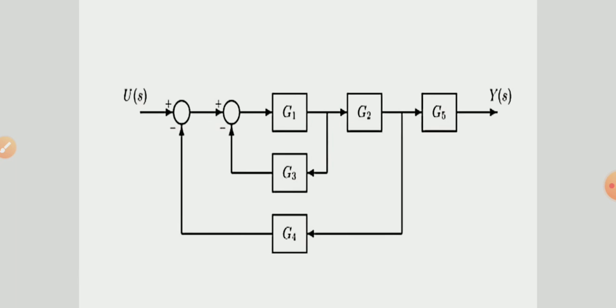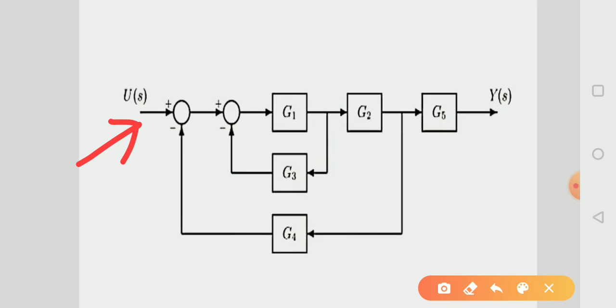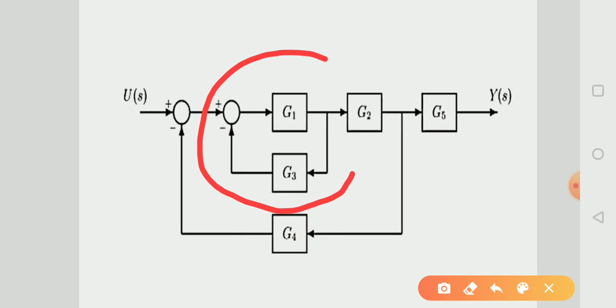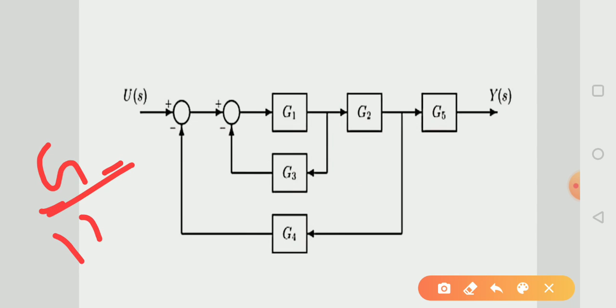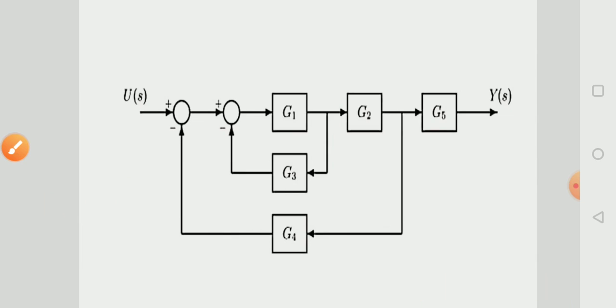Now solve the second circuit. Here you can see that Us is the input for the circuit and Ys is the output for the circuit. Now we can see that here is a loop whose gain is G1 and the second block gain is G3. Now if we apply here the formula of feedback loop, G over 1 plus G into H, we can see here